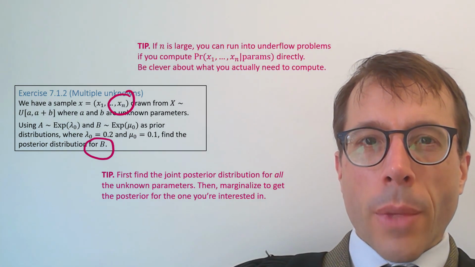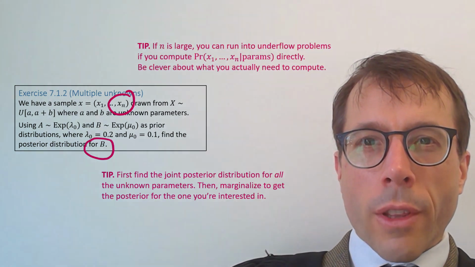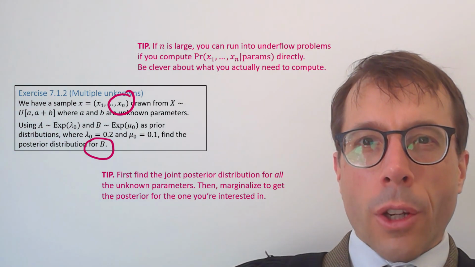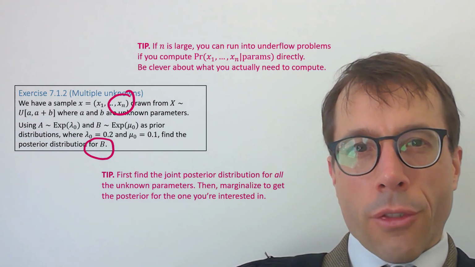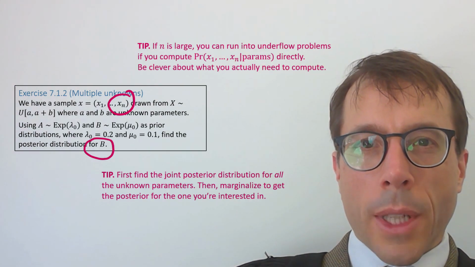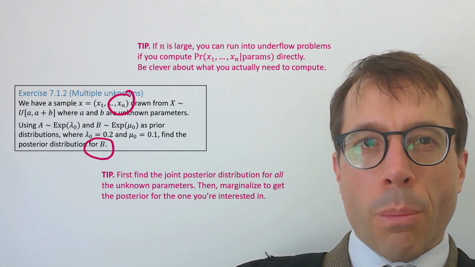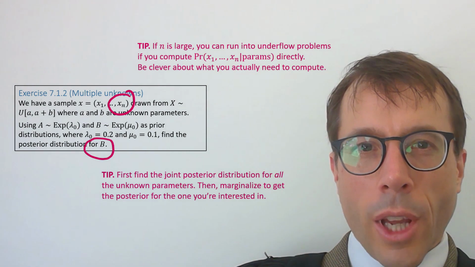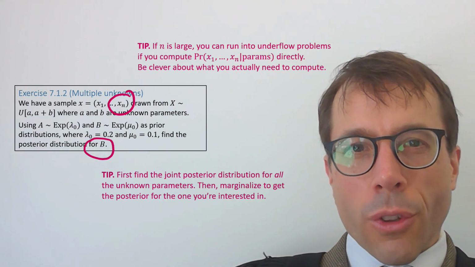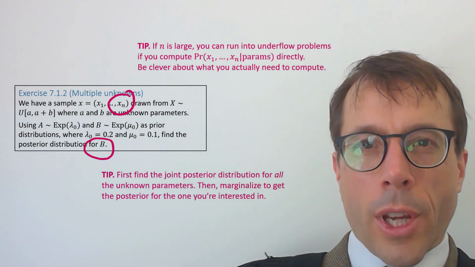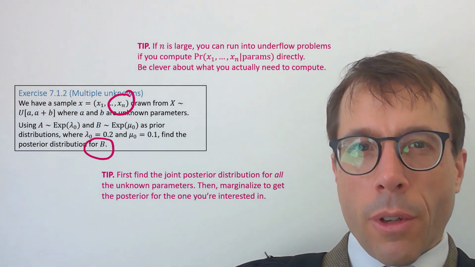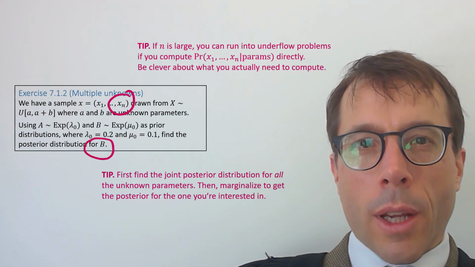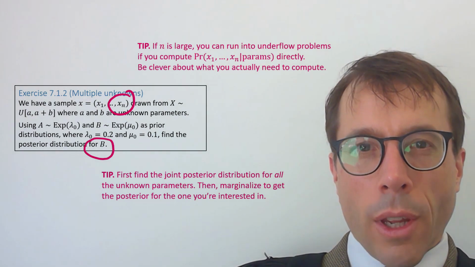The next tip is something that we haven't talked about. When you're answering these questions computationally, and you need to work out the likelihood of the data, you can run into underflow problems. Let's say we've got 1 million data points, n equals 1 million. Then the likelihood of the data is the product of 1 million terms, often each of them fairly small, and so the likelihood of the full data set is minuscule. And if you just compute it naively, you'll run out of floating point accuracy. You need to be clever how you actually compute it, bearing in mind that in the end you'll be rescaling the weights anyway, and the printed notes suggest how you can do this safely in your code.